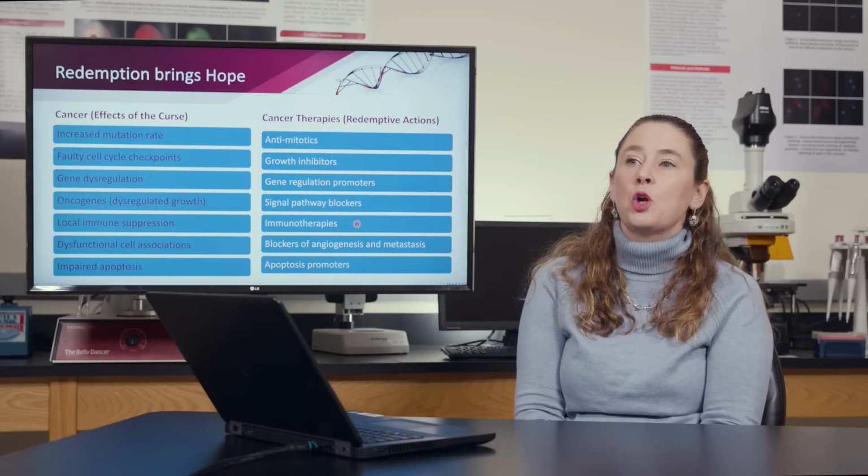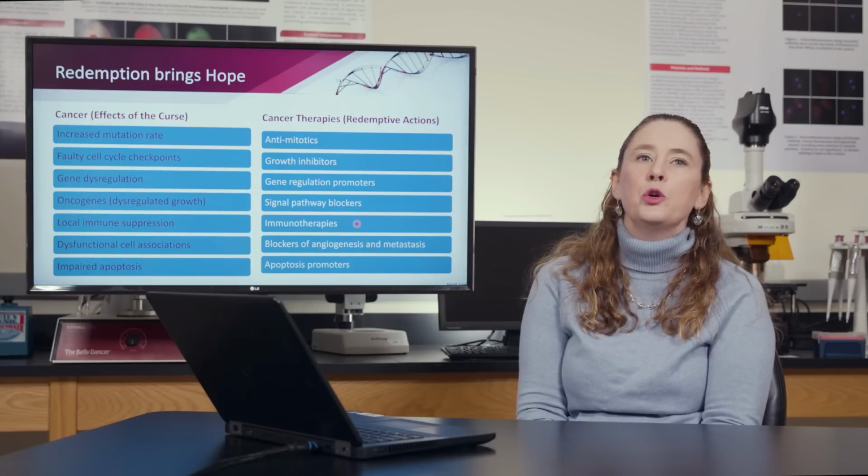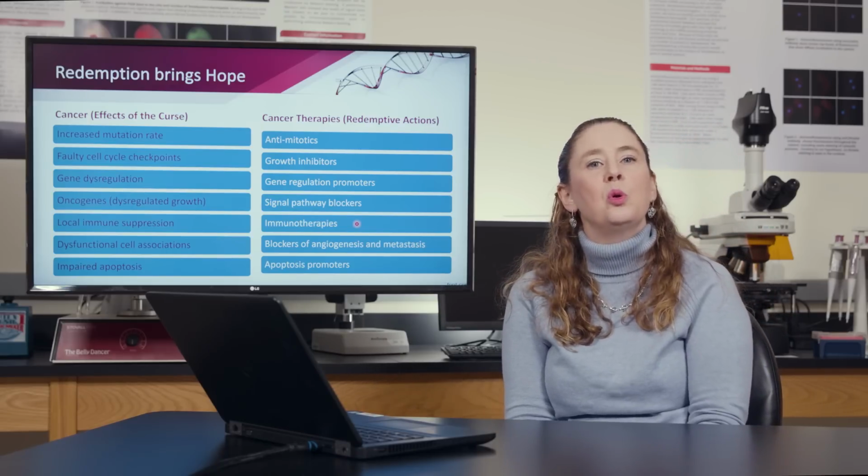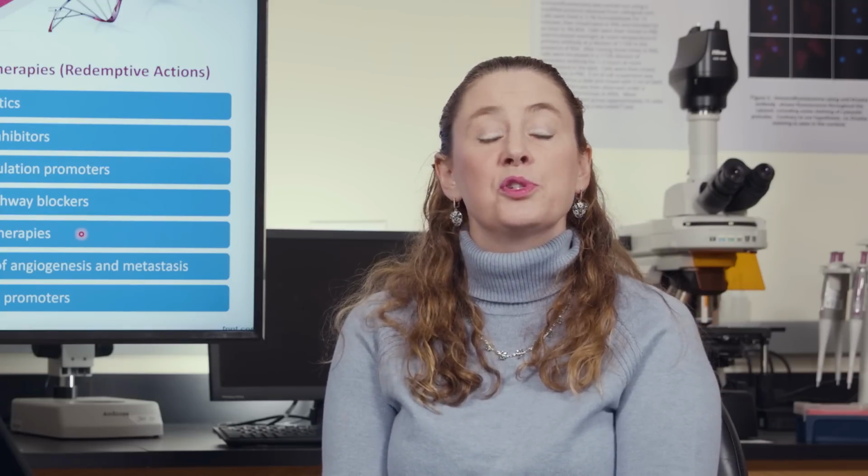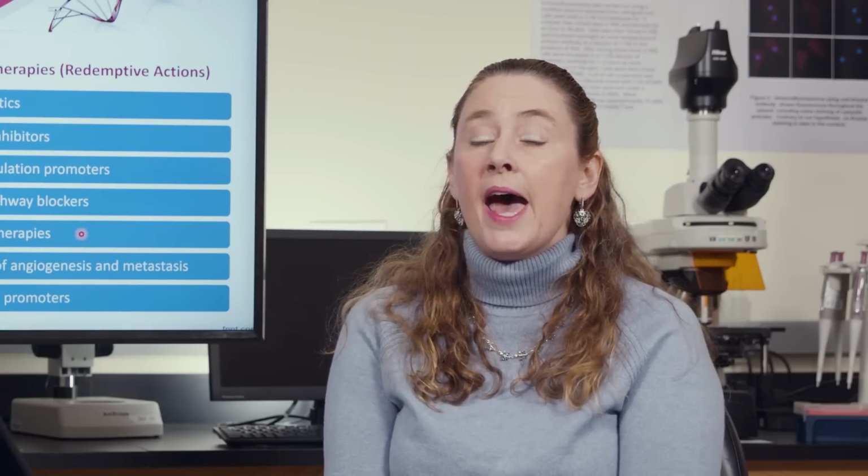These are known as CAR T cells, and if you want to Google them, you could find a lot of really cool information about them. But basically, if I had cancer, scientists could take some of my own T cells, which are immune fighting cells. They're cells that would be able to kill the cancer cells. So they take cytotoxic T cells or killer T cells. They would engineer them to specifically recognize cancer cells. Then they would grow them up, so there's a bunch of them, put them back into me, and these cells